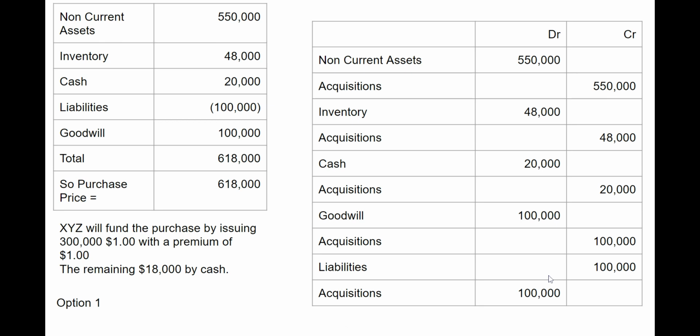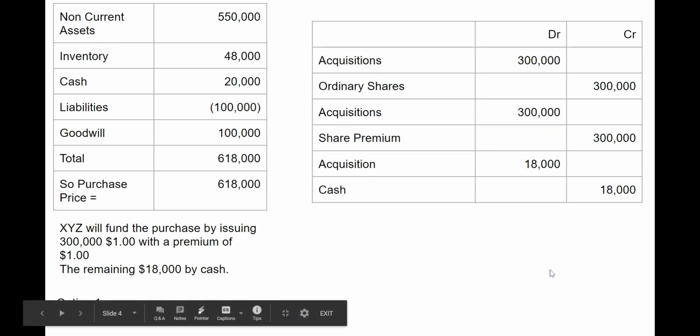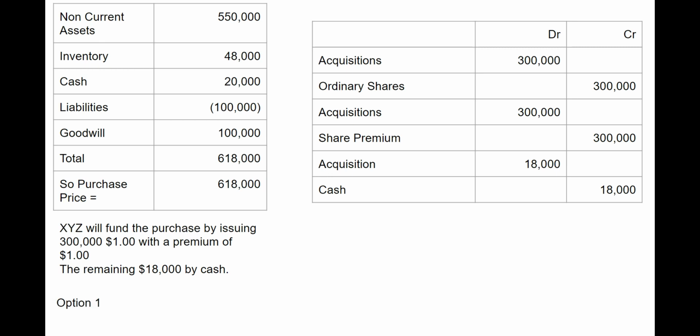the acquisition account. And then just looking across here at what we do with the purchase consideration, the ordinary share capital in XYZ, because it's acquiring the company and issuing shares to do it, needs to be credited for 300,000, and therefore we would put a debit entry in the acquisitions account. We would credit the share premium for the 300,000 shares for the $1 or £1 premium per share, and therefore debit the acquisition account. And for the cash part of the purchase, we would credit cash and debit the acquisition